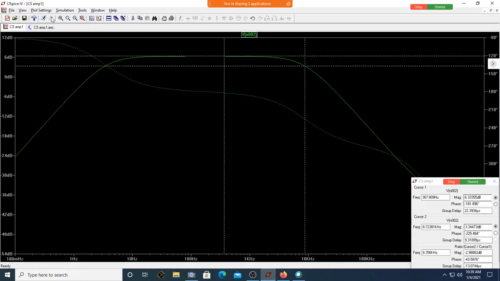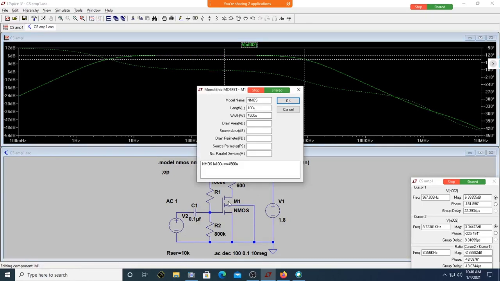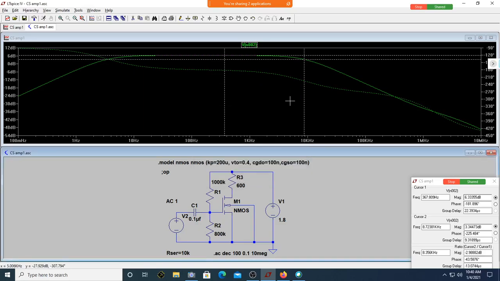Let us go back to this circuit again. So we have seen the impact of the dimension of the device. Dimension of the device will play a major role. So instead of this, I'll make it 45. Now, I have reduced the dimension of the device, from 450 width to 45 width, again retaining the same ratio, because if I change the ratio, my current will change, which will change my gain also. Shall I run it now? What should happen now?